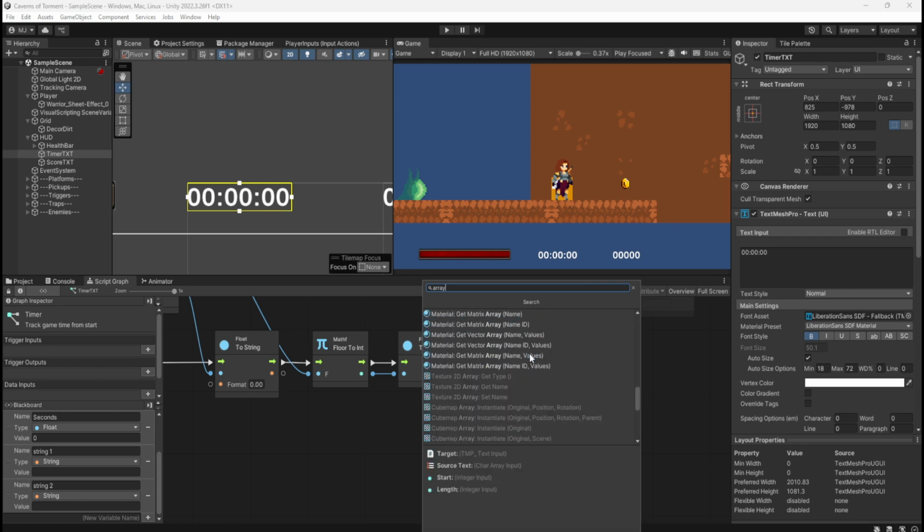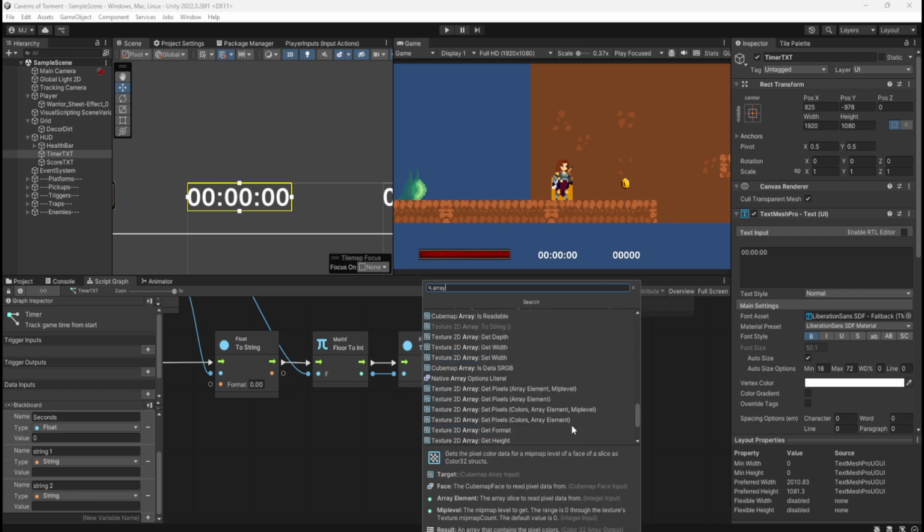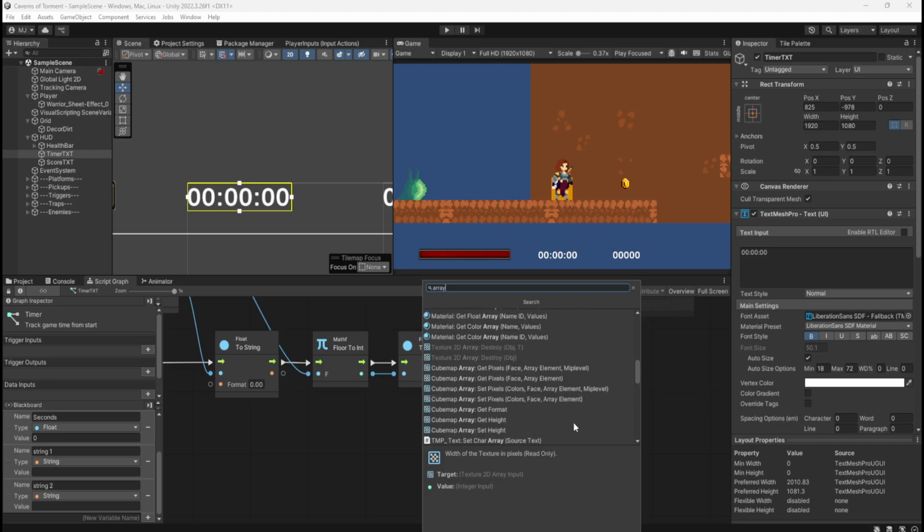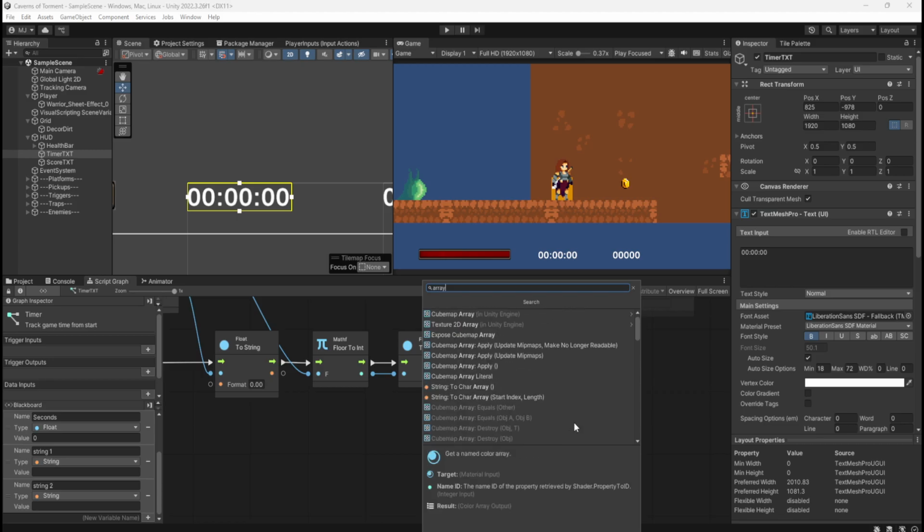The only thing that looks relevant are these two at the top, string to character array and string to character array, start index and length. Target string input, result character array output.